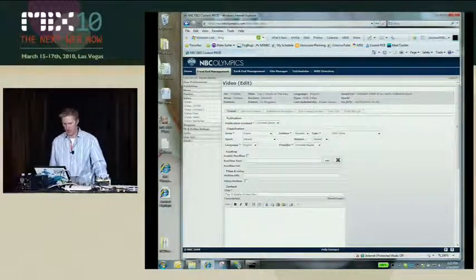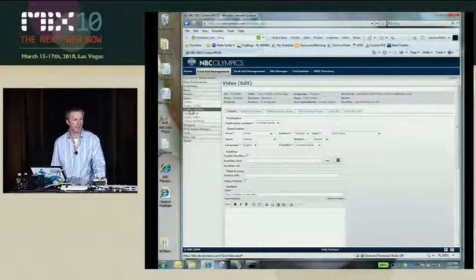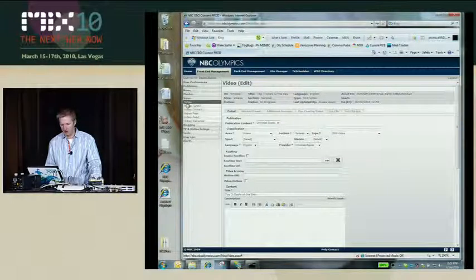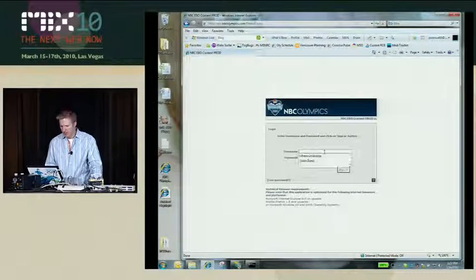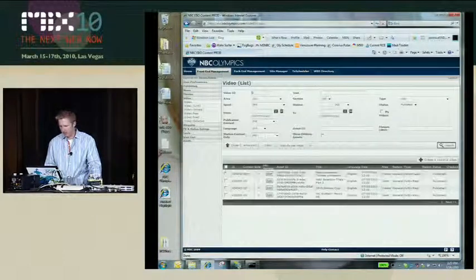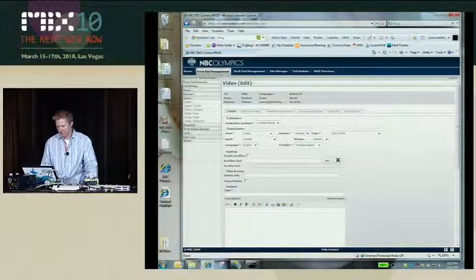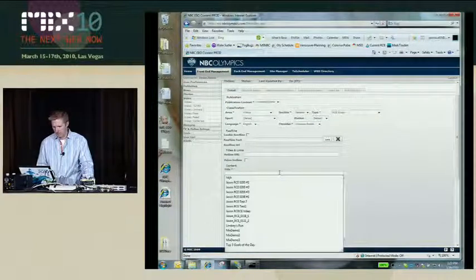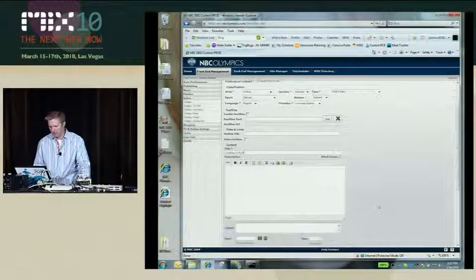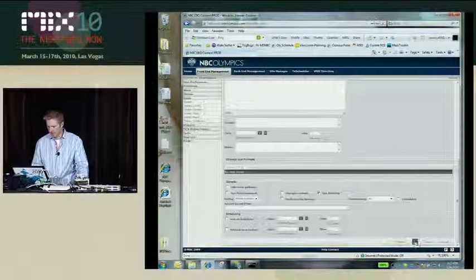Okay, so now what I want to do, I have a live stream running. And so I just want to show you very quickly cutting from a live stream. It's all basically the same thing, but I just want to show. So I'm going to go back in here to my CMS. I'm going to create a new video asset. This one, I'm going to use that women's downhill. I'll save it